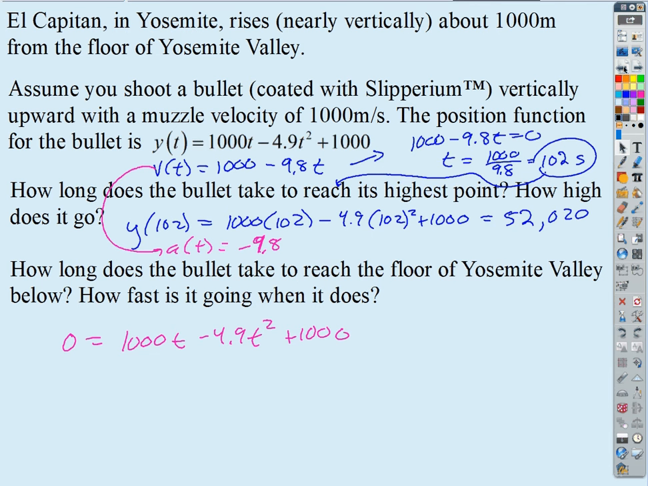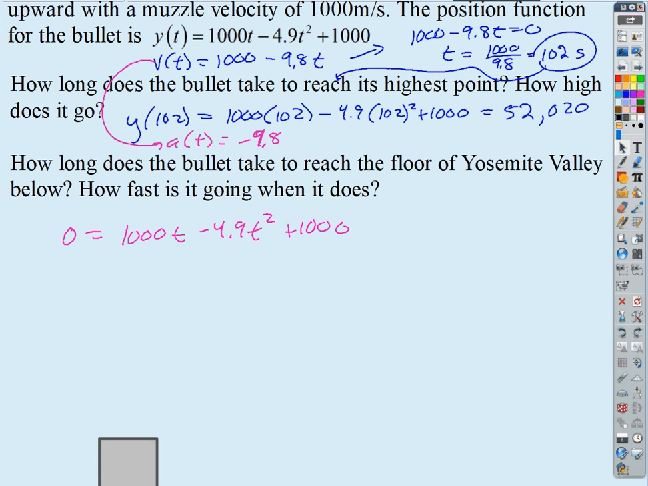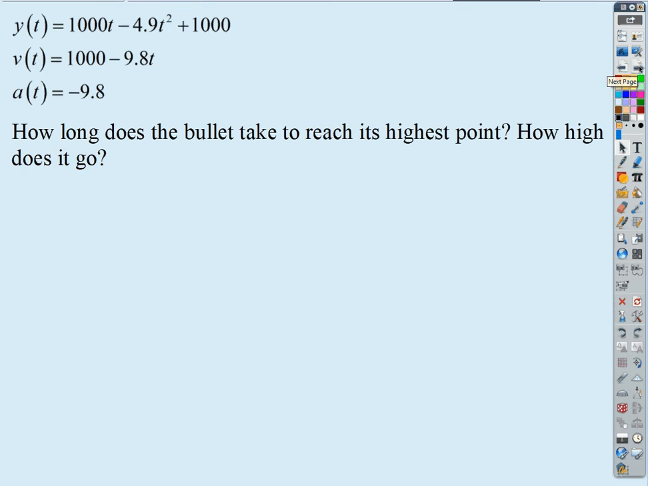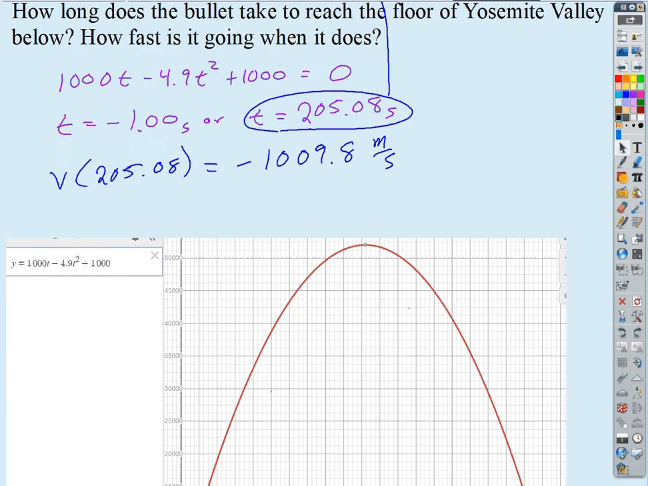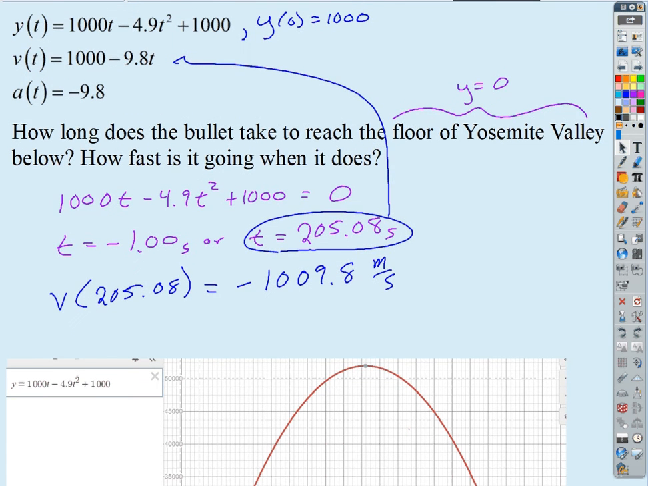Okay, but I'm not quite done with this problem yet. There's one other little part of this. I want to know what is going on. The math gods never give us information that's totally worthless. So the math gods, when we ask them, by setting the position function equal to 0